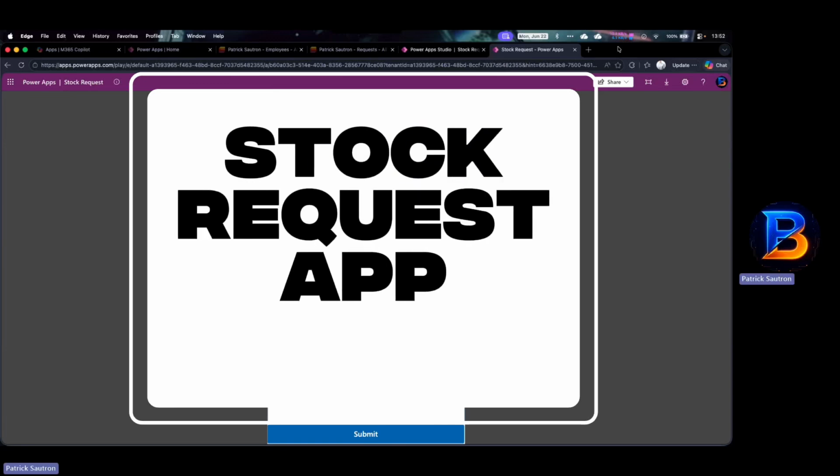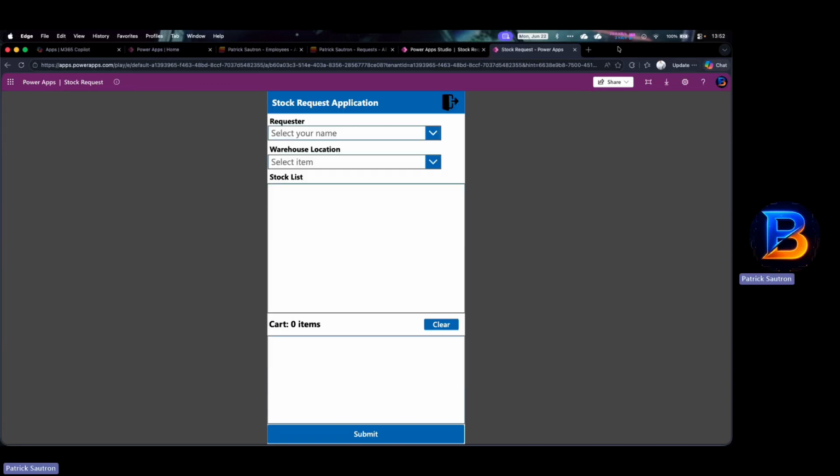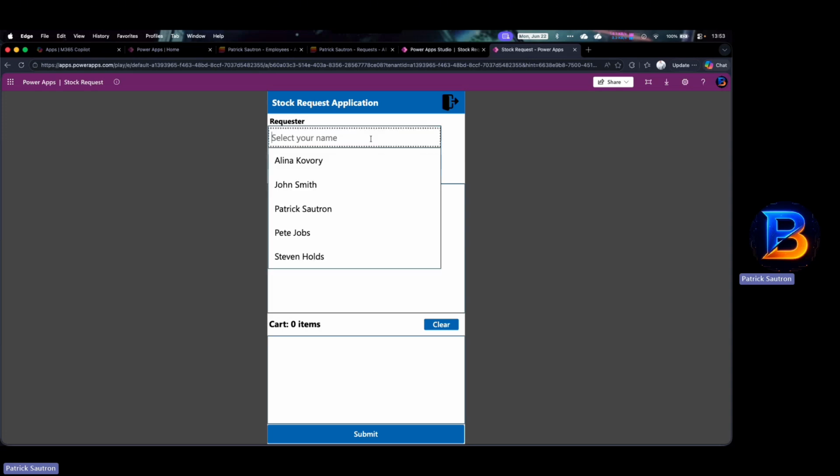What if you could provide a stock request application within your organization using Power Apps and database source data with Microsoft List? So I'm showing you now the final finished product, which is very basic, but very powerful. You have here an interface with Power App that shows that you can select a requester, whoever is your employee